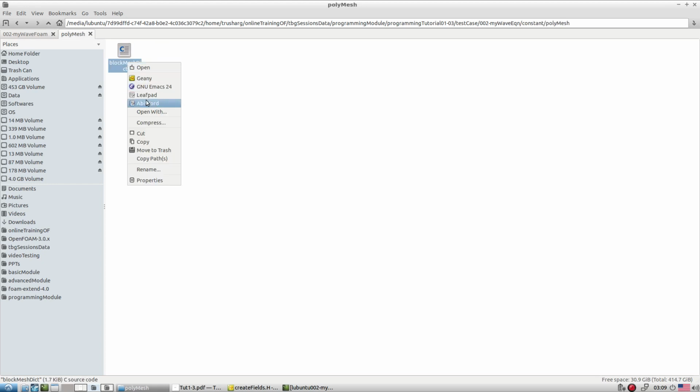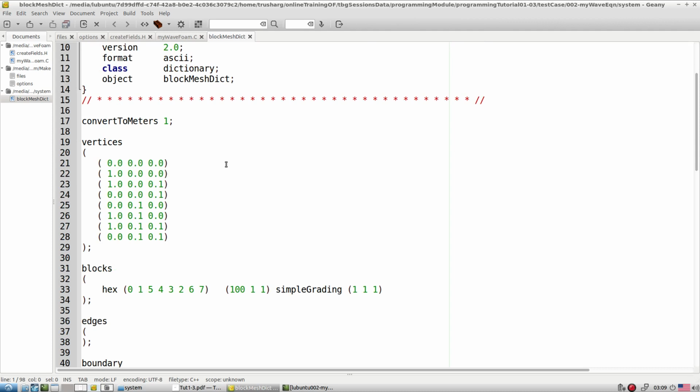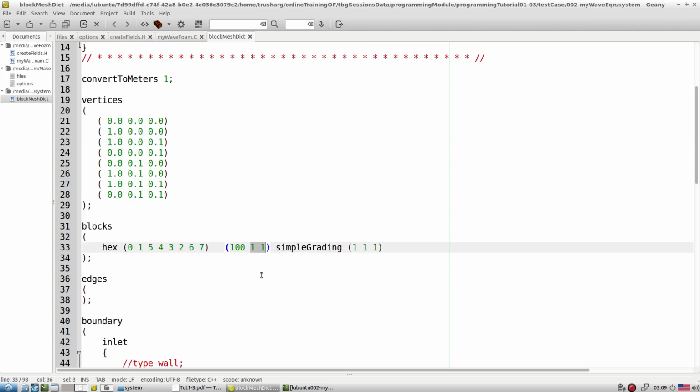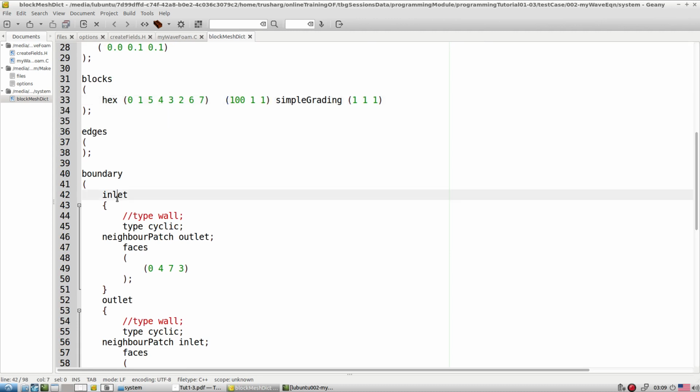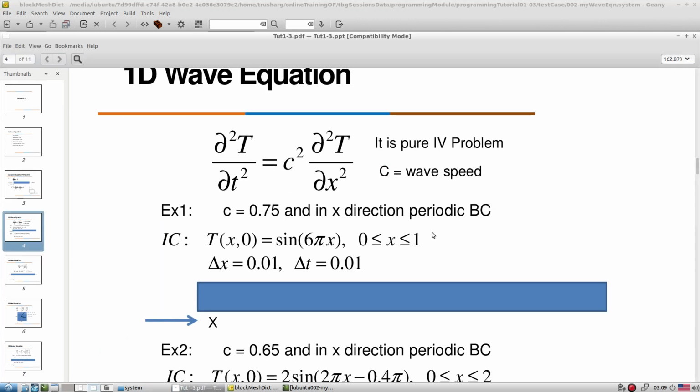Here you have the blockMesh file. For consistency, I am keeping this blockMesh file inside the system directory only. Now let's look at the blockMesh file. We only have the x direction, the other directions are 1 1 only, and we have inlet and outlet. We first initialize with some wave.